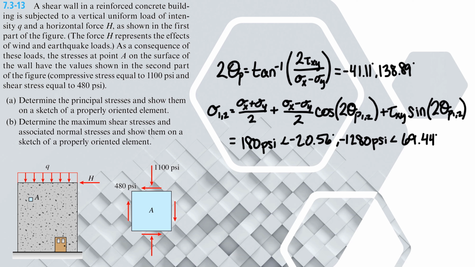For that one, when I put in everything, I got a sigma of 180 psi and negative 1300 psi for my other angle. Then I can check with my equation and see, yes, the sum of my initial stress states and the sum of my new stress states are in fact equal to each other. You can either use this method to check your work, or you can use it if you don't want to plug in all of your information to find sigma sub 2. You can just say, okay, I'm going to subtract sigma sub x1 from the sum of my original stress states. Either way,